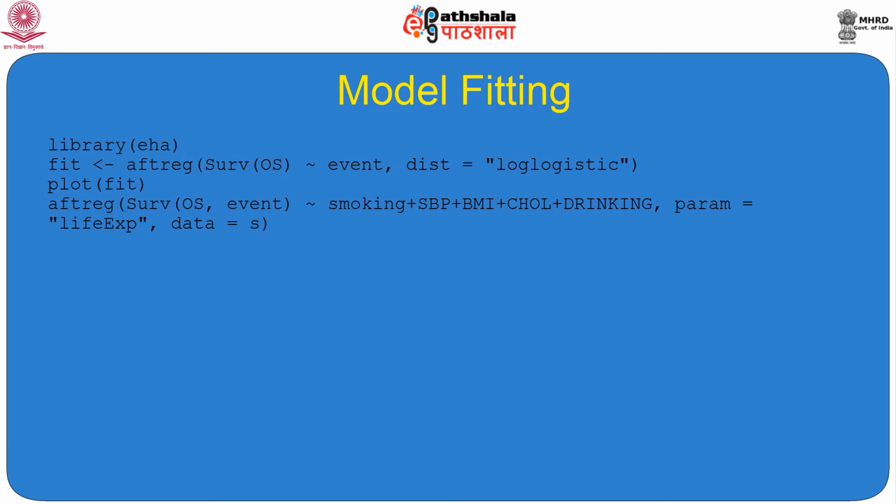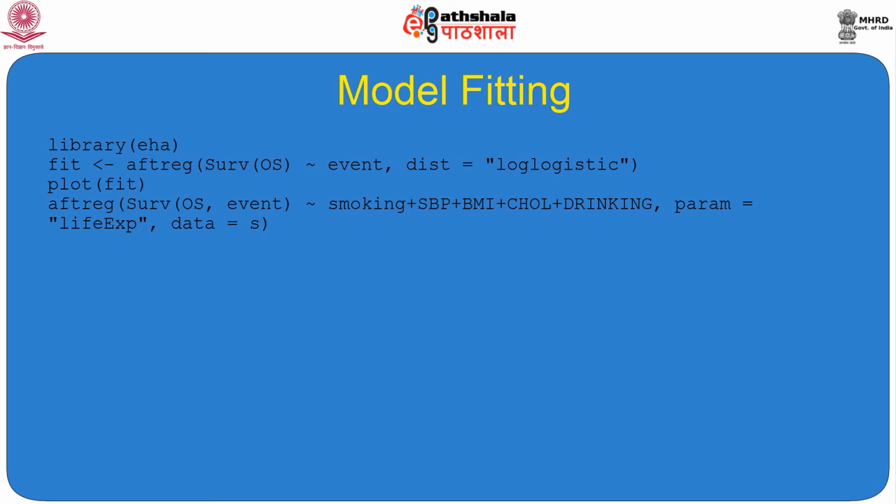Now the fourth line is the plot of fit. This plot of fit will give us the output of the functions in a graphical format, and we will get the graphical results from the log logistic distribution. Now as a first attempt we are assigning the AFT on OS and event. In the second attempt we have tried AFT-REG with Surv of OS, event, followed by